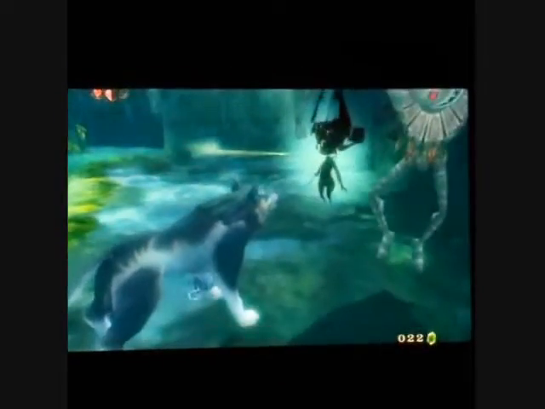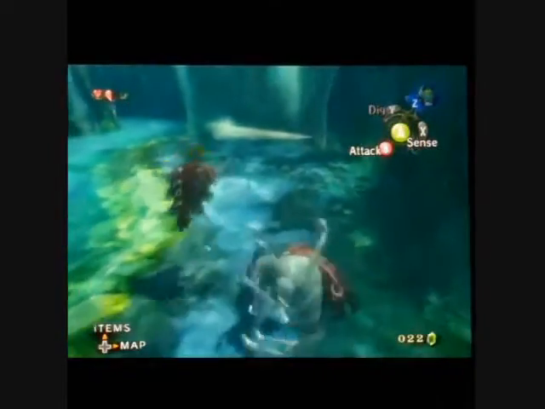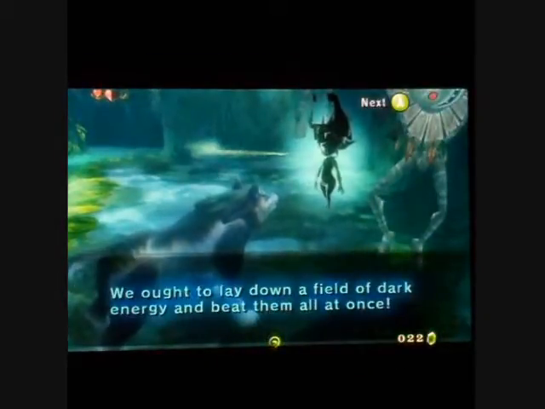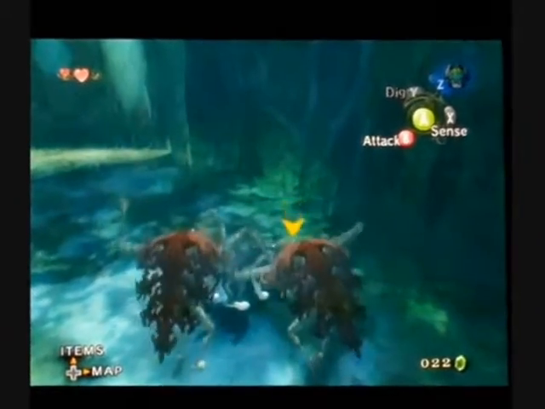Midna's advice. Oh yeah, by the way, now whenever you're a Wolf Link outside of the Twilight, Midna won't be present on your back anymore, and you won't be able to use the energy field attack either. But apparently, Midna doesn't get the memo. If you're going to tell me to do the energy field, why don't you help me do the energy field,